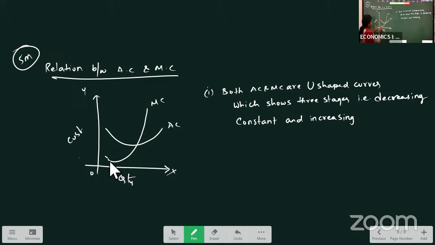Similarly, my marginal cost also is decreasing, reaching the minimum, and then marginal cost is increasing. Okay. Now, second point we can write: MC becomes minimum and increases